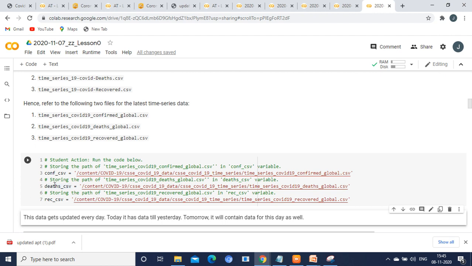And under the deaths underscore CSV variable, we are going to assign the number of deaths confirmed at the global level. And in the seventh line, under REC underscore CSV, we are going to copy the link called recovered underscore global, the number of recovered cases at the global level, and assign that path to this REC underscore CSV.